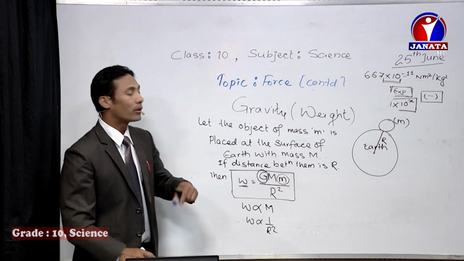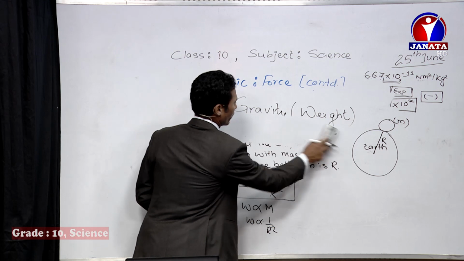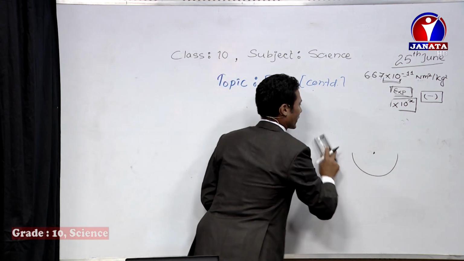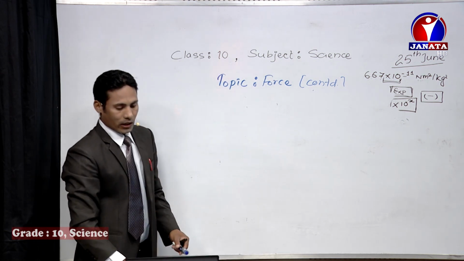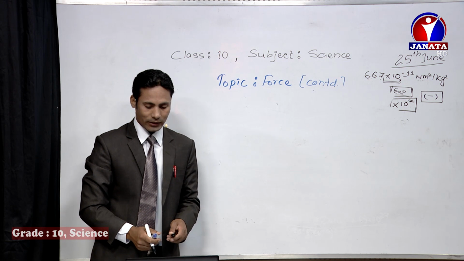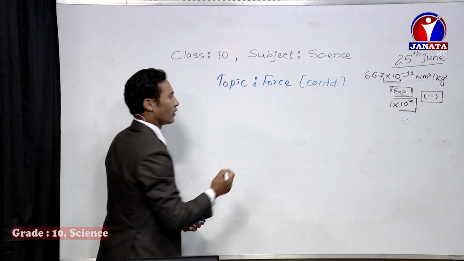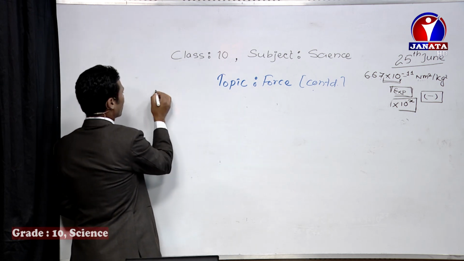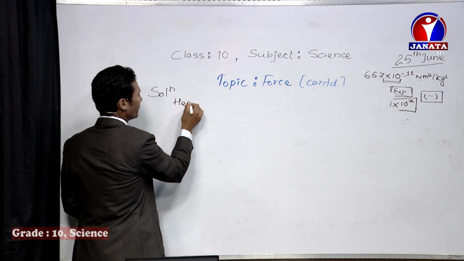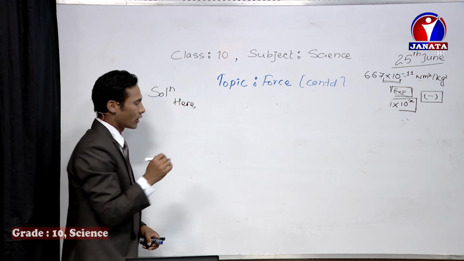So let's solve one numerical problem related to this. You can see the numerical problem on the screen. The question is there on the screen. The radius of the moon is given as 1.7 into 10 to the power 6, right? I will write it down on the board also, no problem. So, solution here. It is given that the radius of the moon is